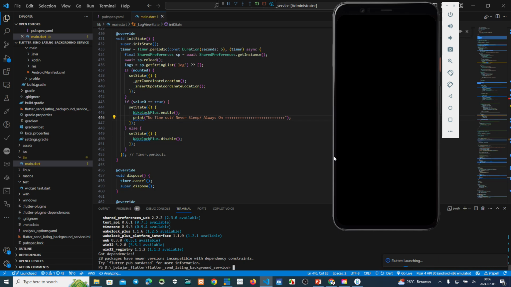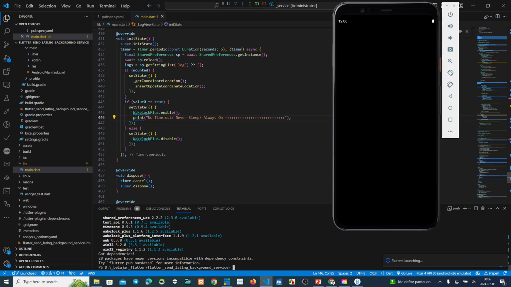Okay, this process will take, yeah, maybe more than 1 minute, maybe 1.5 minutes. We can see the result. Okay, this is running. We can wait a moment. After that, we enable wake lock plus, and then we can see the result.